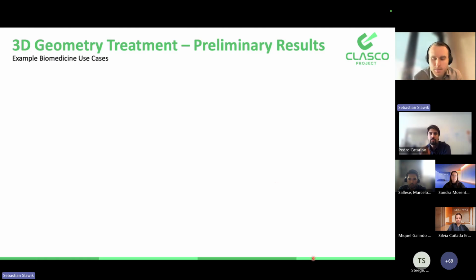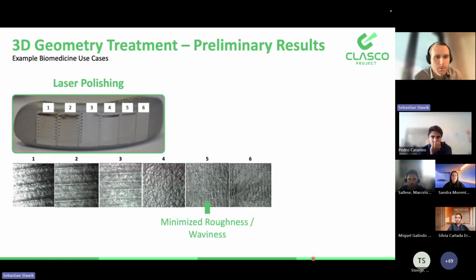some 3D geometry treatment we did, some preliminary results. For example, this is one of the biomedical use cases. Here you can see the 3D shaped surface, and we did some parameter variations here. And for example, you can see that in parameter set 5, the surface looks the smoothest. So there we achieved a minimal roughness here, because at the end, that's the core of the project, to treat